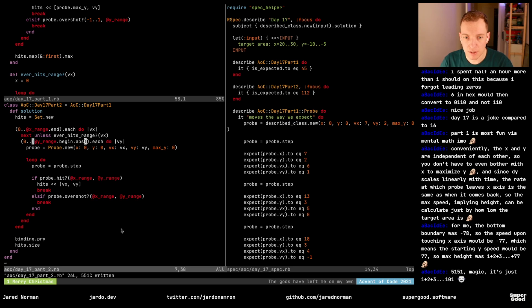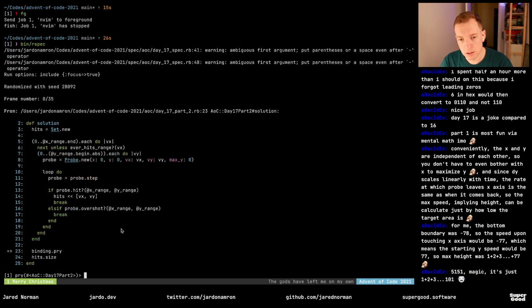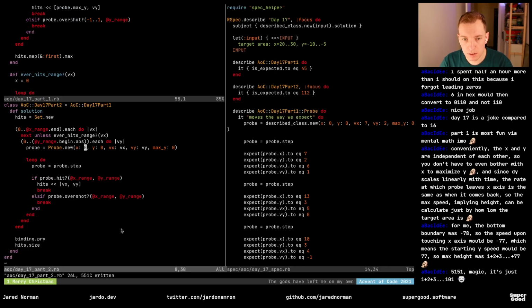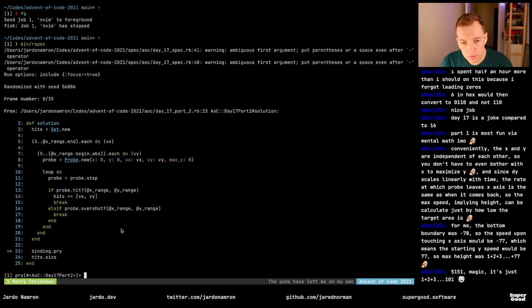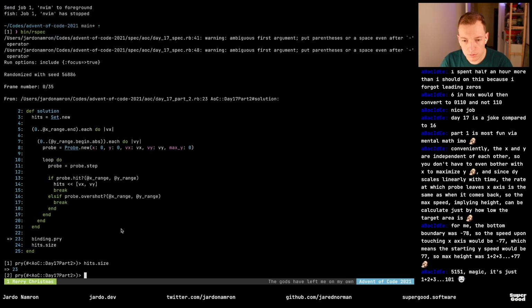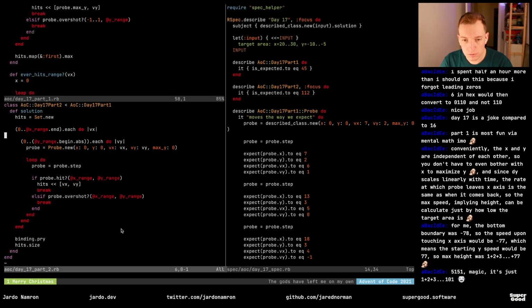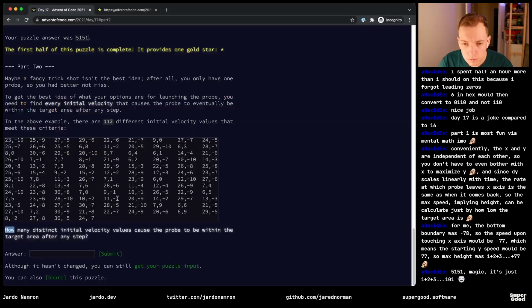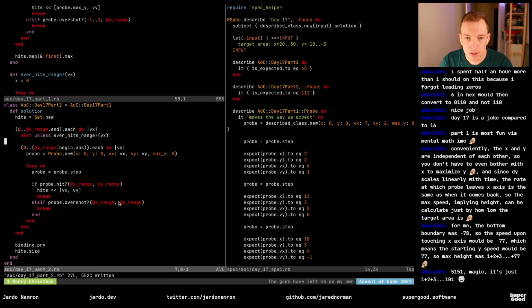I want the absolute value. It's only 23 hits. What's going on? Some of these are negative y velocities. I mean, I guess we can just go from